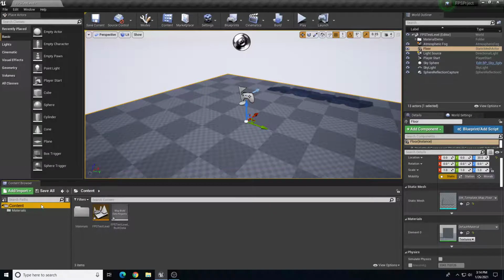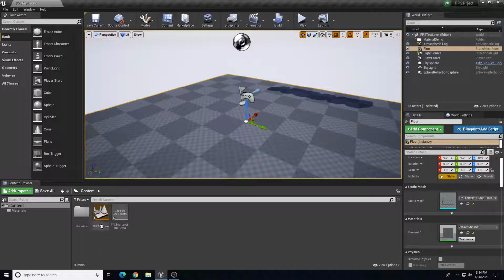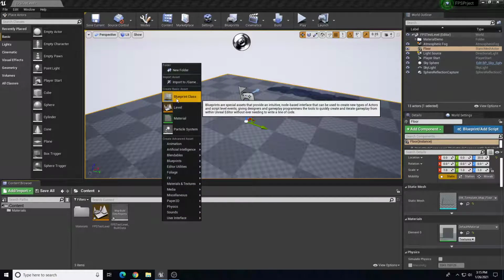So down here in the content folder, here's my level maps, first-person test level. If you haven't saved any maps yet, all you can do is save current as, or the first time you save, it's going to ask you, and then you can save it as your individual map name. If not, it'll just save it as untitled, or will force you to save it as something the first time. So in this main area, I'm going to right click and I'm going to choose blueprint class,